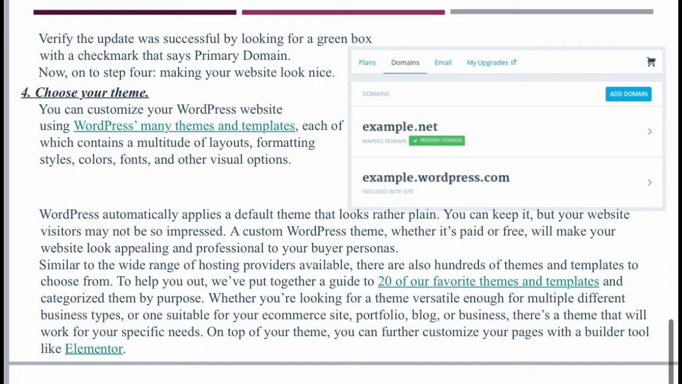Choose your theme. You can customize your WordPress website using WordPress's many themes and templates, each of which contains a multitude of layouts, formatting styles, colors, fonts, and other visual options. WordPress automatically applies a default theme that looks rather plain. You can keep it, but your website visitors may not be impressed. A custom WordPress theme, whether it's paid or free, will make your website look appealing and professional to your buyer